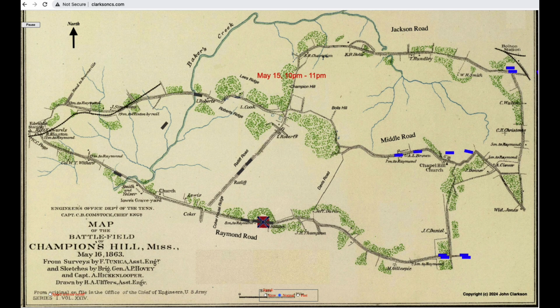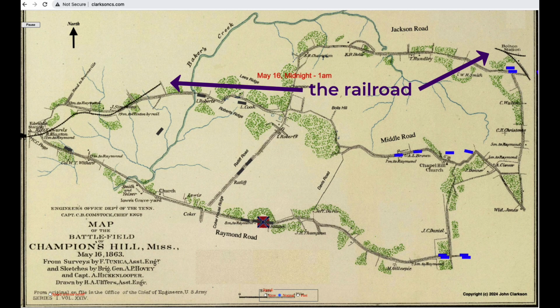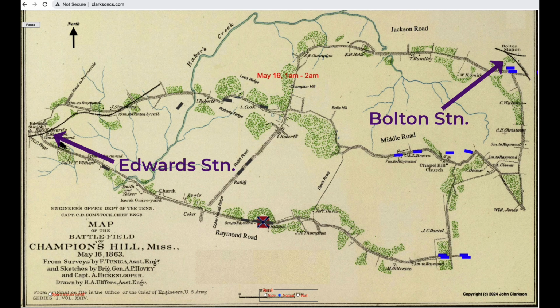The map you see here is an updated version of a map I found in the Atlas to the Official Records, which was published by the Government Printing Office in the 1890s. The railroad that connected Jackson and Vicksburg runs across the top edge of the map. Edwards Station is to the west on the left edge, and Bolton Station is to the east on the right